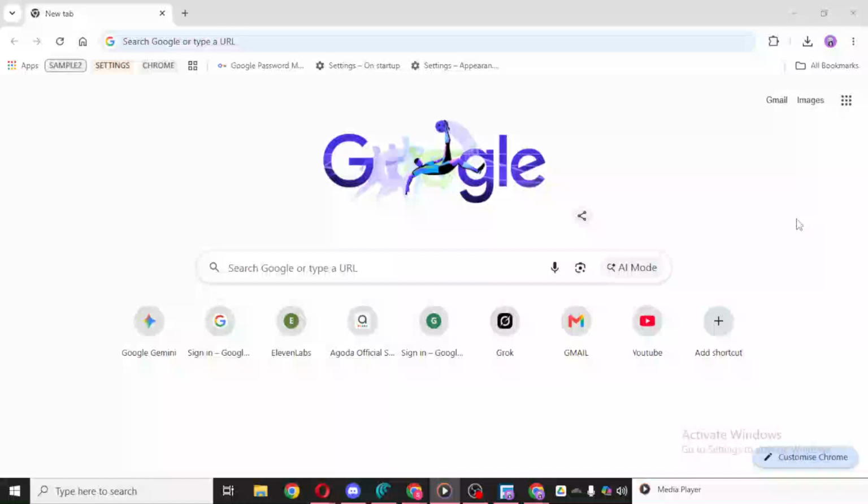In today's video, I'm going to teach you how to enable and disable the Chrome PDF Viewer. If you want to control whether PDF files open directly inside Google Chrome or download to your device instead, this is a very simple setting to change. Adjusting this option can be helpful depending on how you prefer to work.